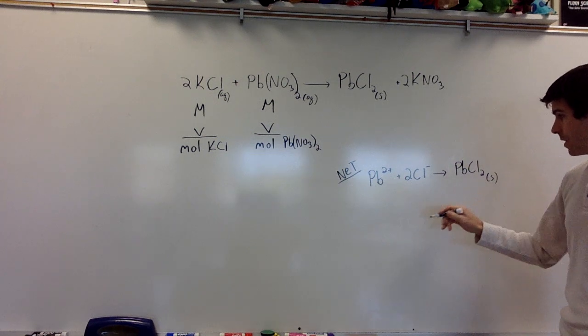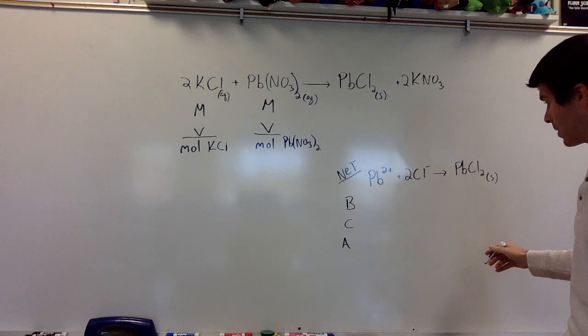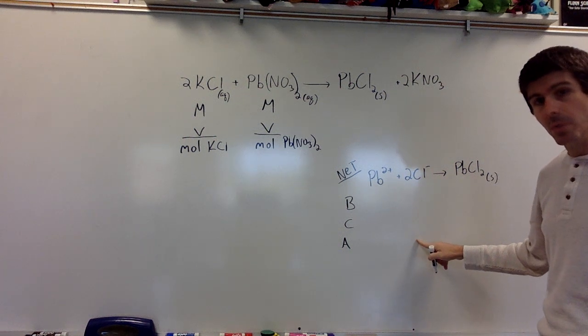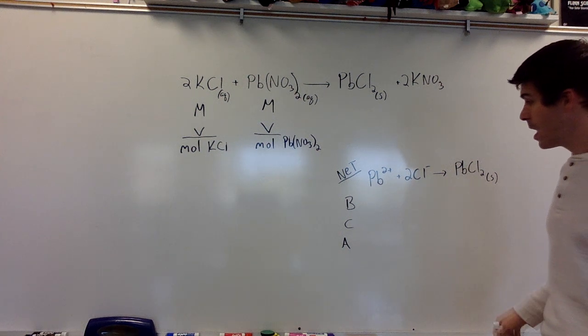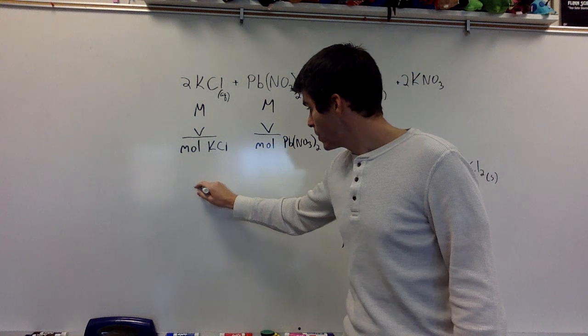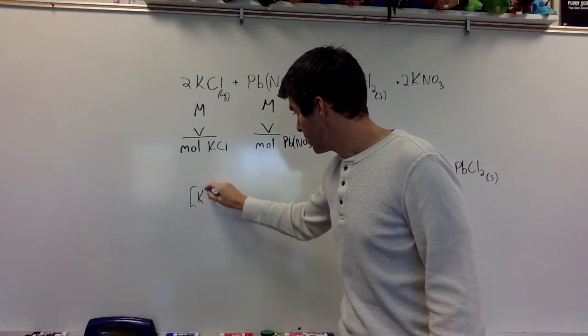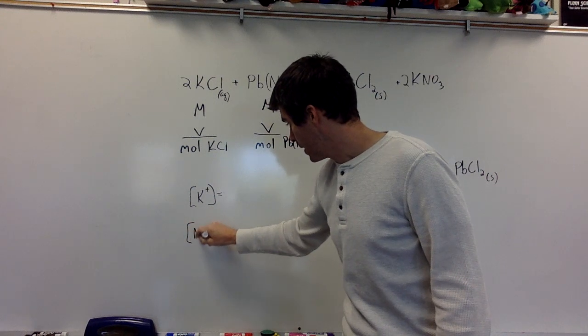So this is going to be our limiting reactant problem where we're trying to figure out how much of these are left over, which one's limiting and which one's excess, and how many grams of solid formed. The other 2 ions, the KNO3, are spectators. So in order to figure out the potassium molarity and the nitrate molarity,